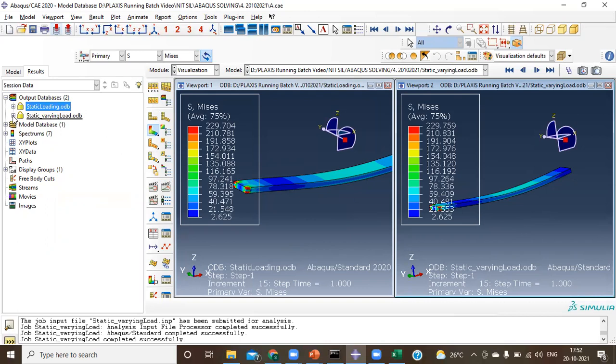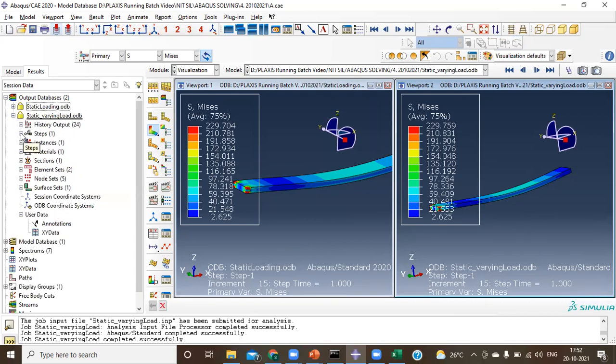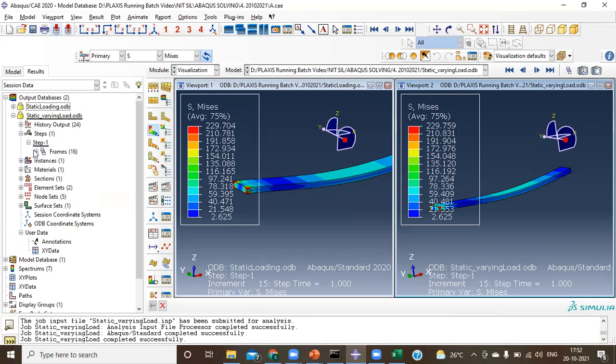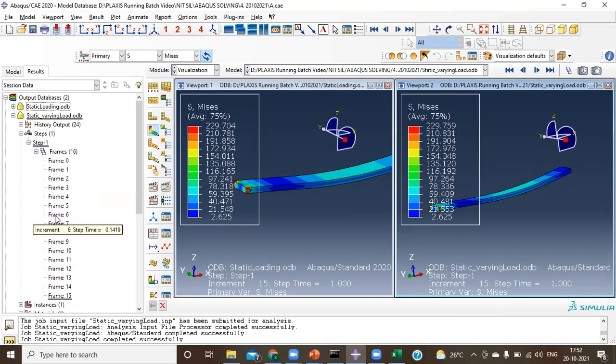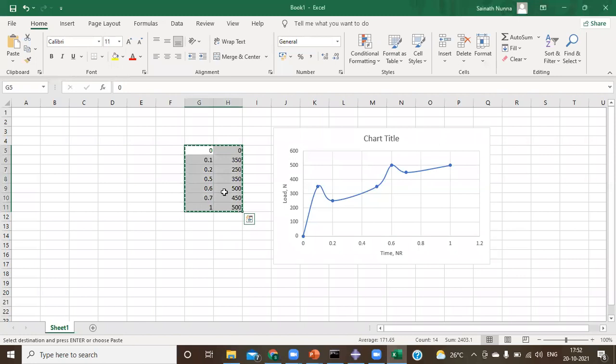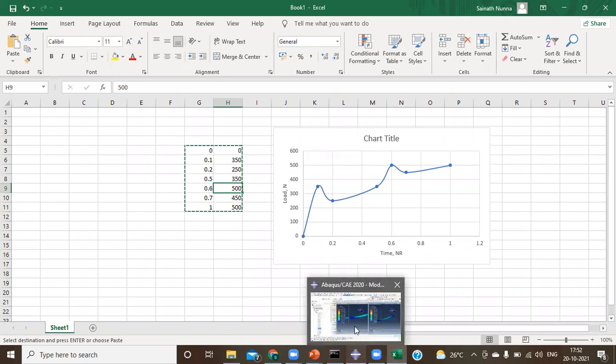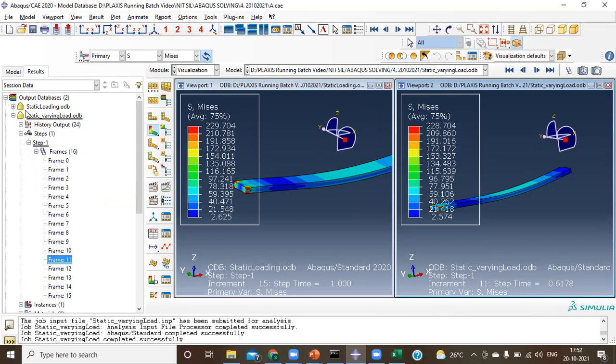let me click on this. I'm coming to the steps-wise view. In the steps, 16 frames got created, right? Now, let me click on something. It's 0.61, okay, and my 11th increment. And I go to my loading, it's 0.6, where I would like to apply a 500 load. Okay. When I come back here, and here also,